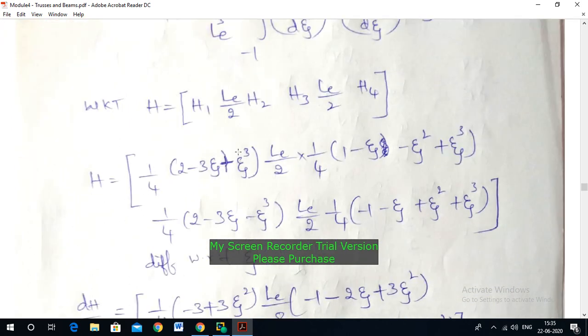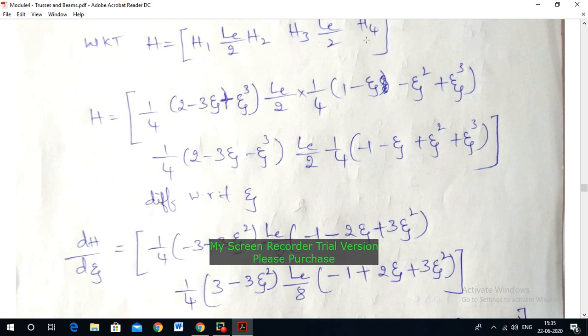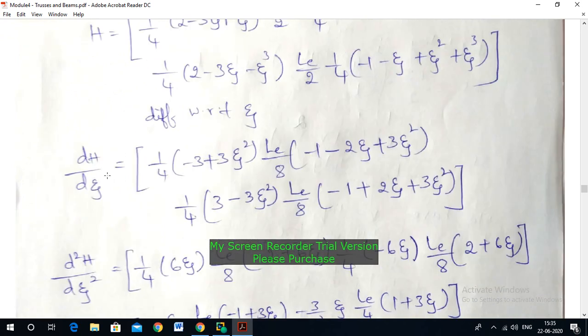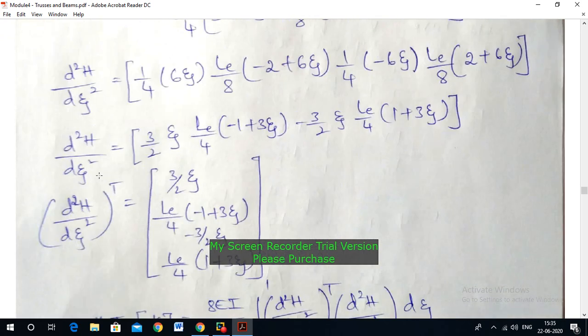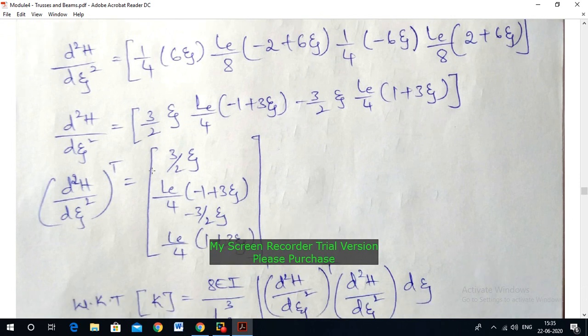value in this equation, and differentiating this whole equation with respect to zeta, after simplifying that equation I will get d square h by d zeta square is equal to 3 by 2 zeta Le by 4 minus 1 plus 3 zeta minus 3 by 2 zeta Le by 4 1 plus 3 zeta. If you take the transpose, you can write the matrix equation d square h by d zeta square transpose 3 by 2 zeta Le by 4 minus 1 3 plus zeta minus 3 by 2 zeta Le 4 1